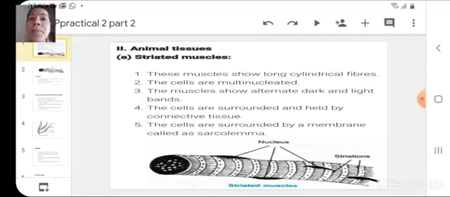In practical number 2, in the previous session, we studied plant tissues, in which we observed the specimen having parenchymatous tissues, sclerenchymatous tissues, and collenchymatous tissues. In today's session, we are going to discuss animal tissue, and this session is a part of the previous